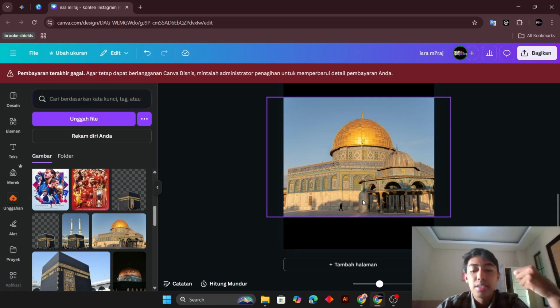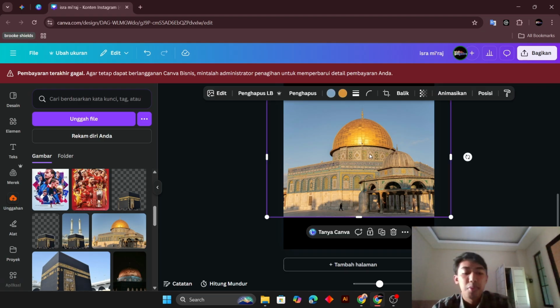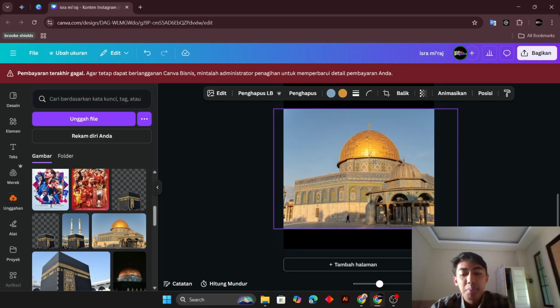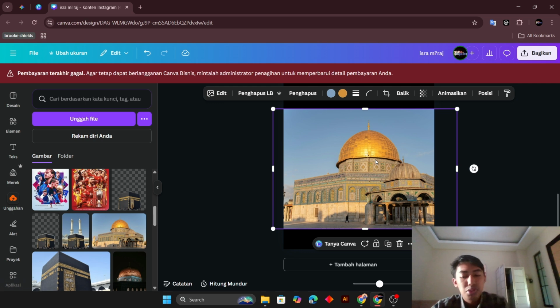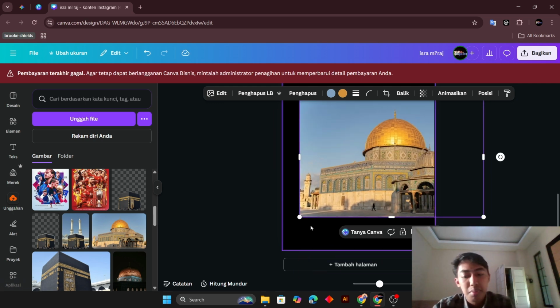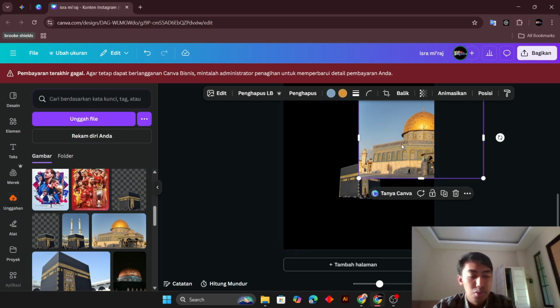Let's get into details. First, we focus on the visual core of our design. Canva's power tools are perfect for quick image manipulation. One is background removal. Start by uploading high quality photos of the Ka'bah and Al-Quds Mosque.